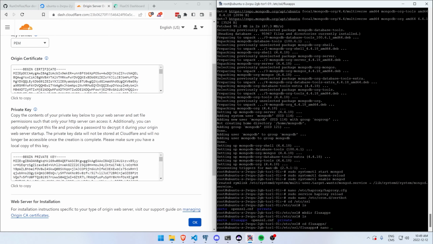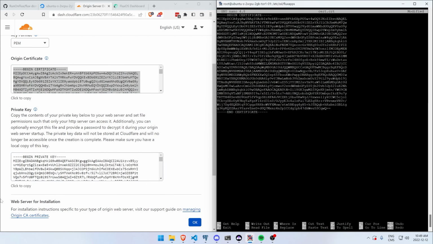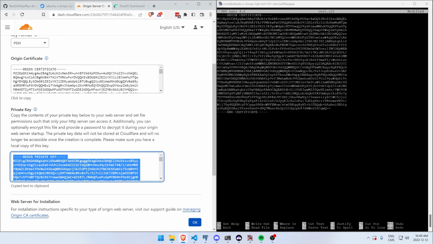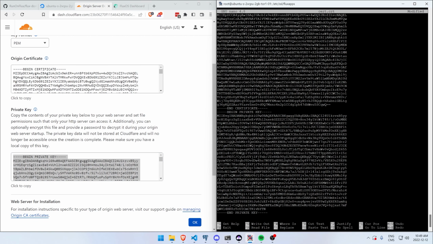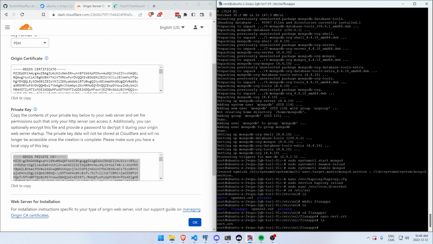So let's create a file called cert.crt. You will copy the certificate and you will paste the private key too. So you will save it. For me it's Ctrl+O, save, okay, perfect. So the cert is there, so that's it. So we will go back to the root folder,